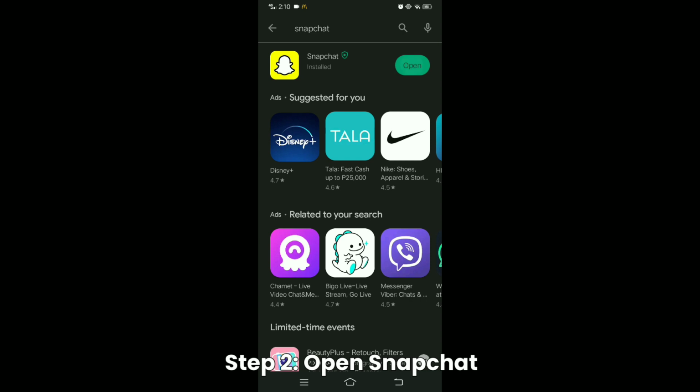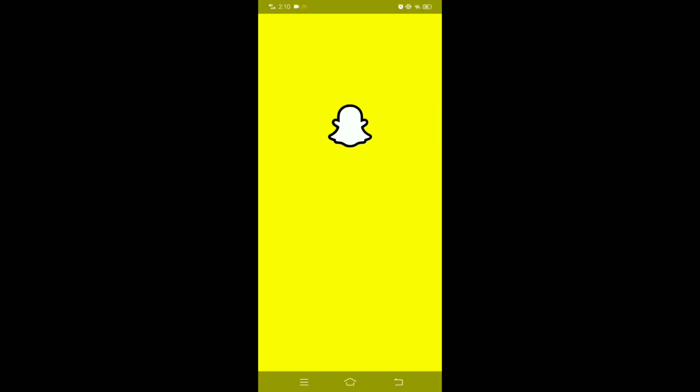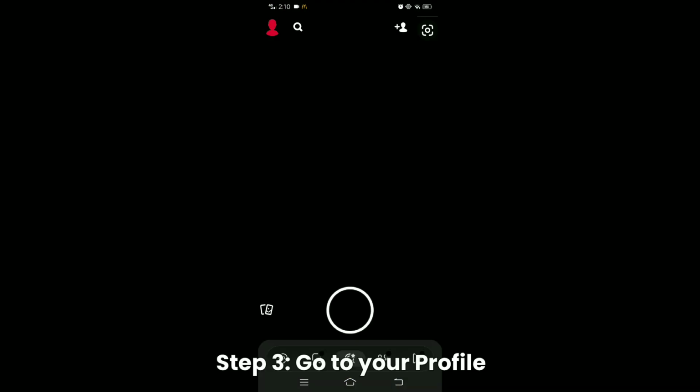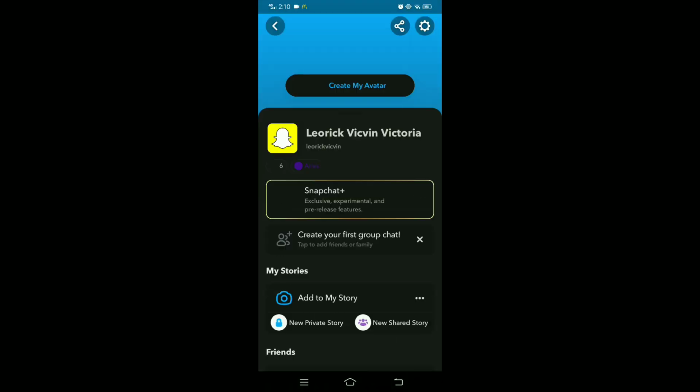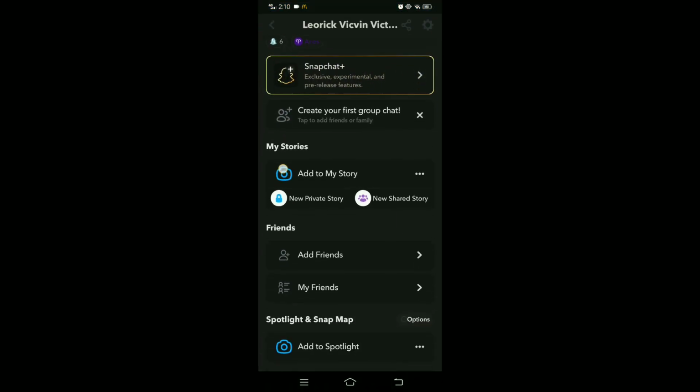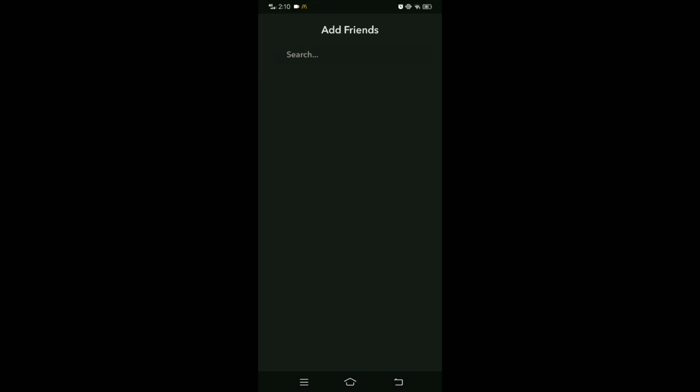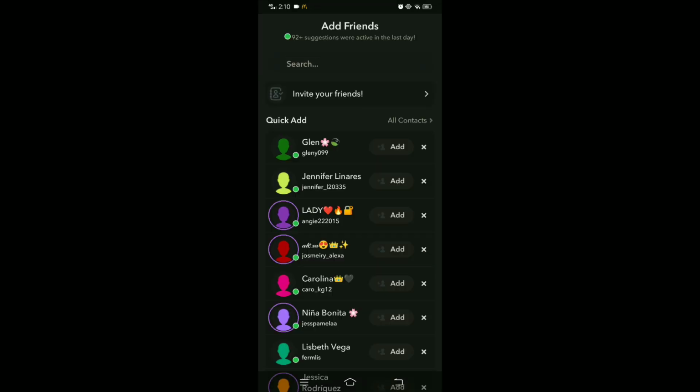Now open your Snapchat application and then add your friends on Snapchat. Now go to your profile at the upper right corner and in here, tap the Add Friends button. As you can see, there are quick adds here or suggested friends that are possible to be the best friend